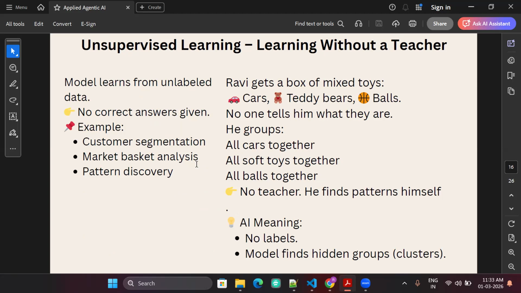You give so many resumes to this. When you are doing unsupervised learning, you give so many resumes. You give resumes of, let's say, nurses, teachers, IT professionals, DevOps professionals. You just keep giving that, and now the model will automatically know who belongs to the nurse category. It will put all those resumes on that side. Who belongs to IT sector, who belongs to, let's say, a sales sector.